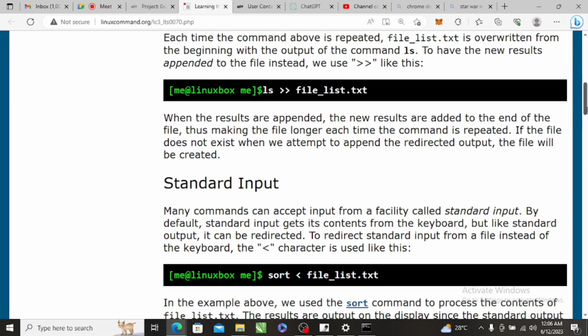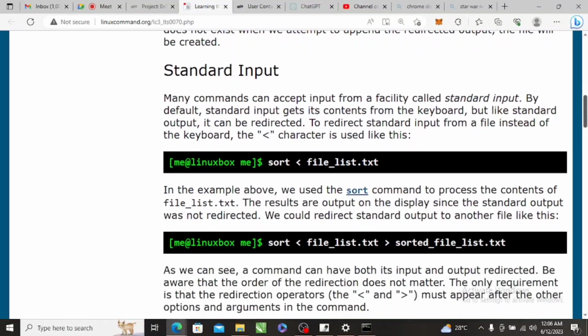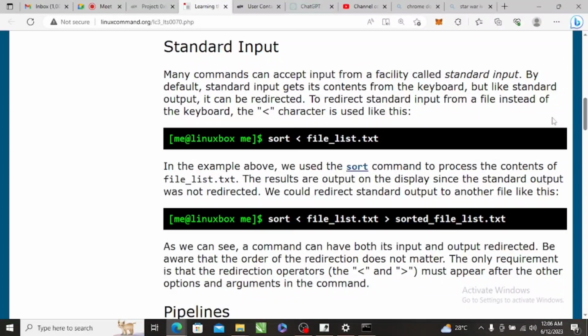Should I continue? Yes, please go ahead. So the second one, we have standard input. This one is something coming in. You want to type something inside. Okay, so for example,